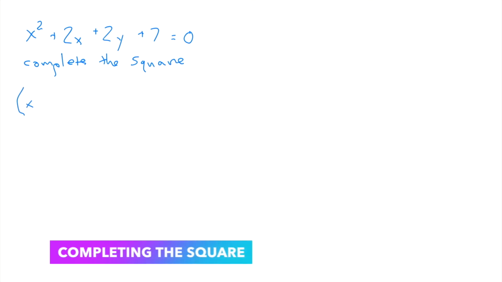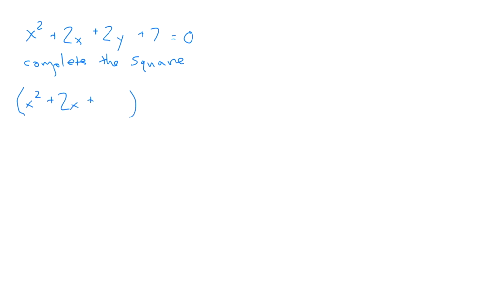I'll write that. What that means is I need to set it up to complete the square. There's an x squared, 2x, and we know that completing the square will have a plus, and then what? I want everything else on the other side. So I'm going to put an equal sign, and I'm going to move my y, I'm going to move my 7. And to be fair, to keep things even, everything has to be the same on both sides. I'm going to add something here to complete the square, I have to add the same thing over here. So x squared plus 2x plus something, and remember how we complete the square. I look at the